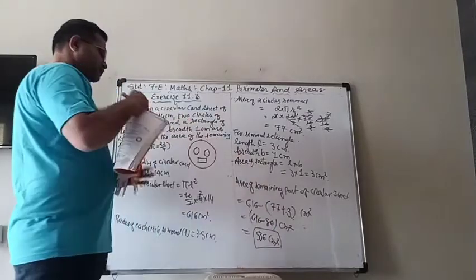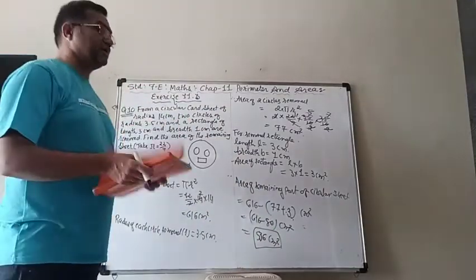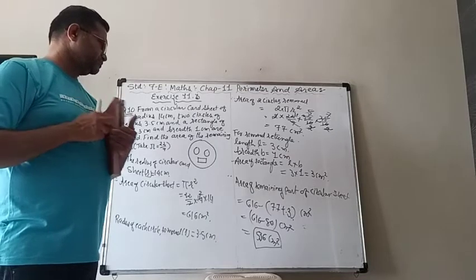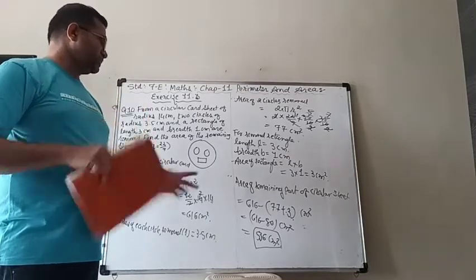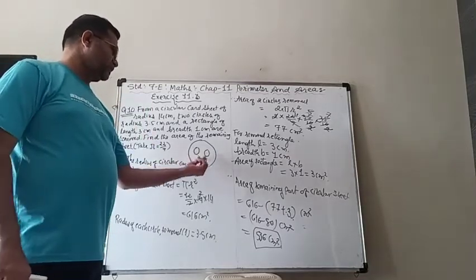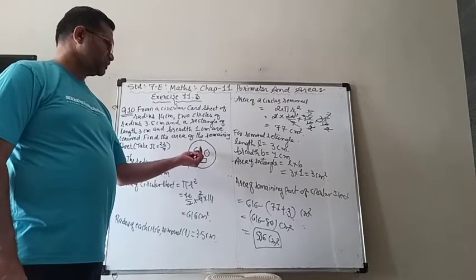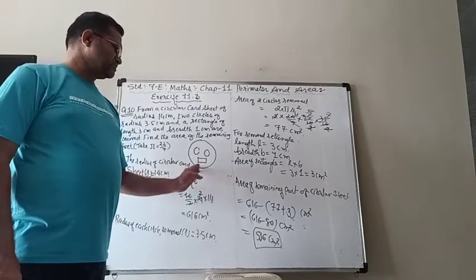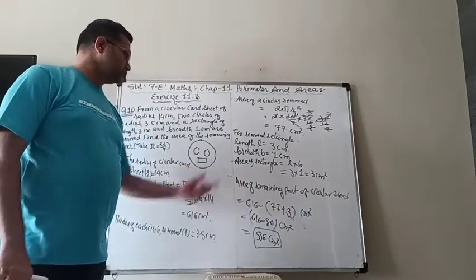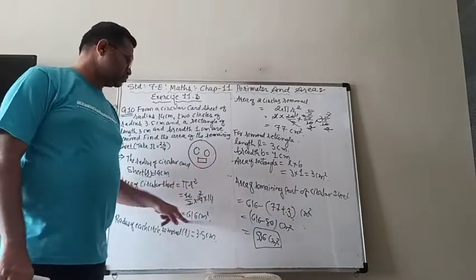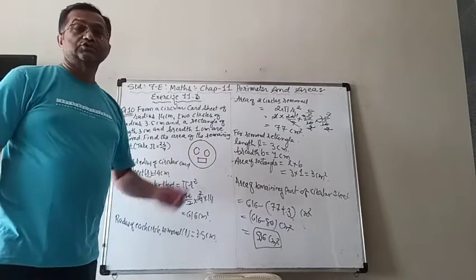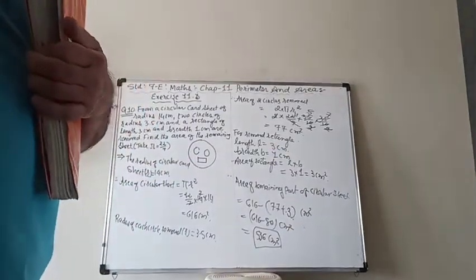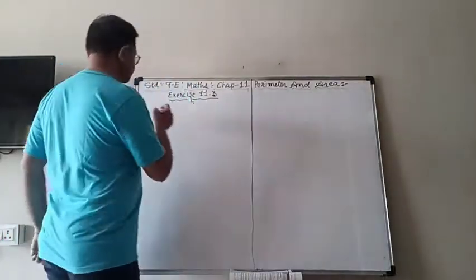So here we have to find the area of the whole circle, and then from that we have to subtract the total area of these three figures. So we separately find the areas, and then last we subtract those areas from the total card area to get the answer like that. Now 11th sum.